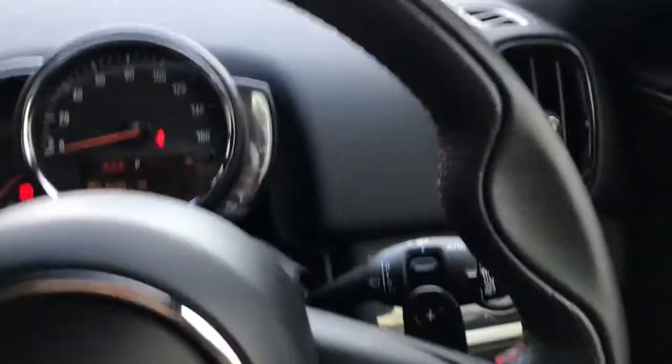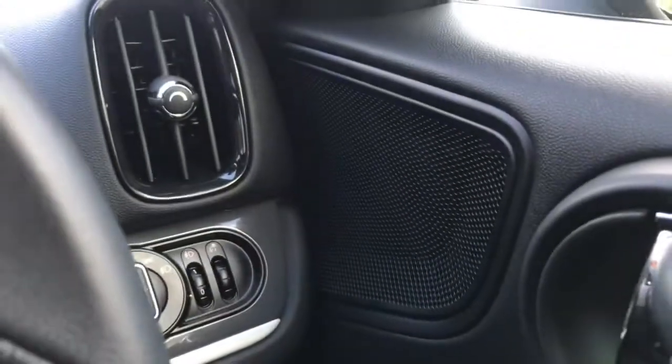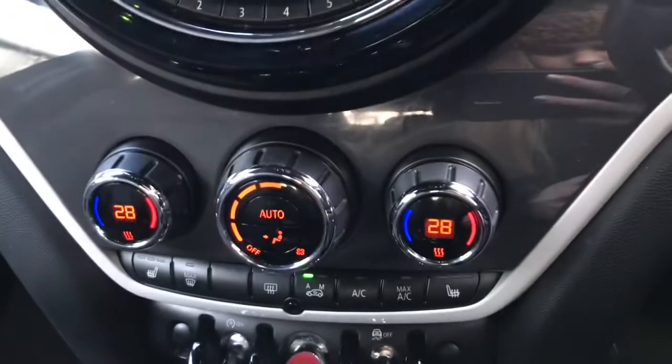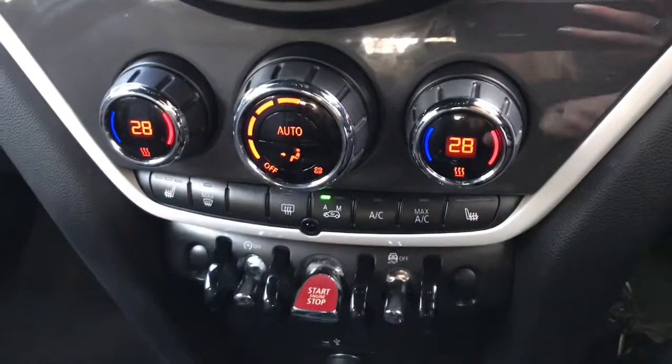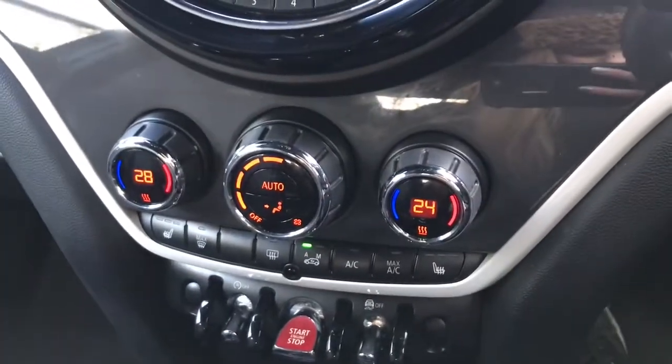And you've got cruise control with a brake function, as well as 6 speakers throughout the car, manual air conditioning which is dual zone, and you've got heated front seats as well, and you've got the added extra of your comfort pack. You've got your automatic drive-away lock-in,